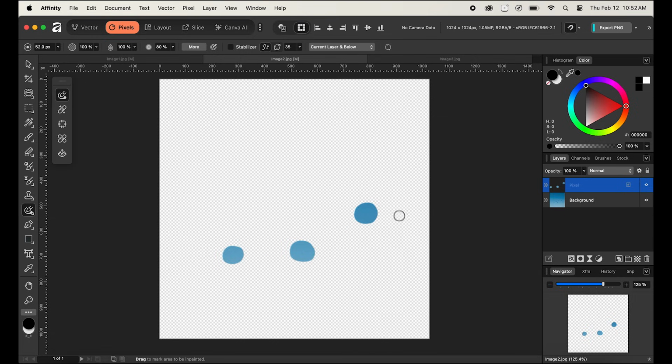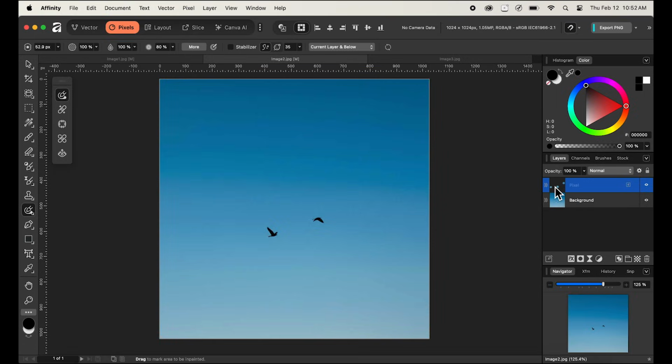So in order to get out of this view, we can simply again hold down the Option key if you're using Mac and Alt key if you're using Windows, and then left click on the pixel layer like so. As I'm using a Wacom tablet, I'll simply point click with a pen by holding down the Option key or Alt key, and now you can see that it has successfully gotten rid of the birds from our